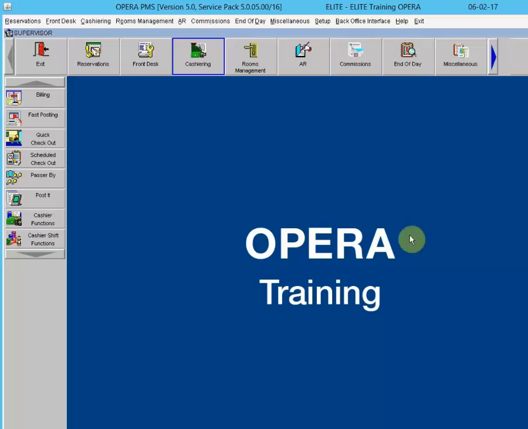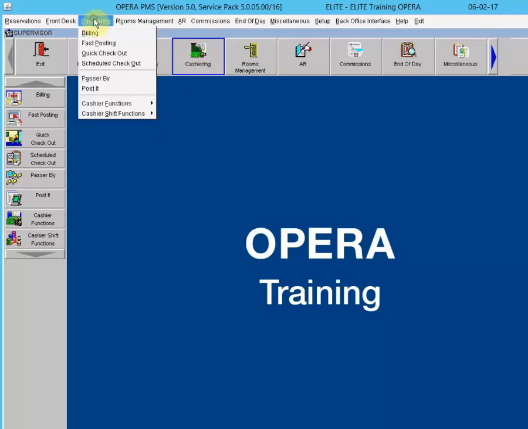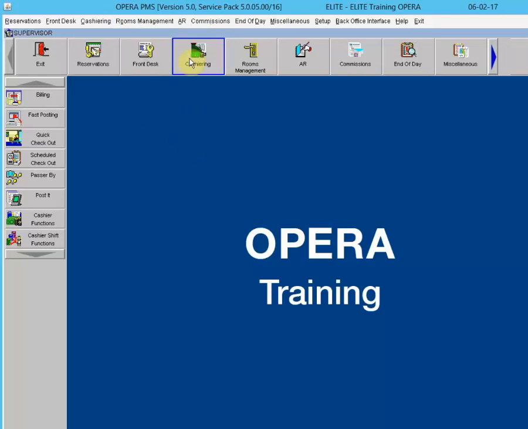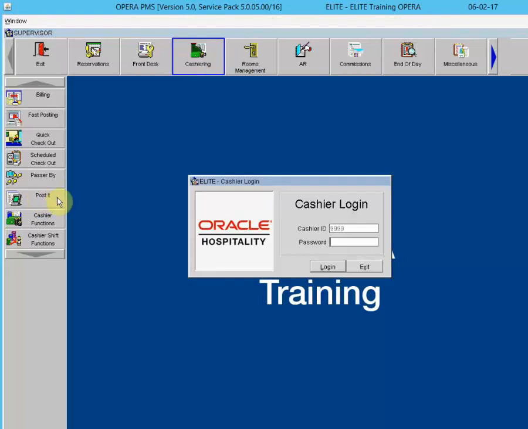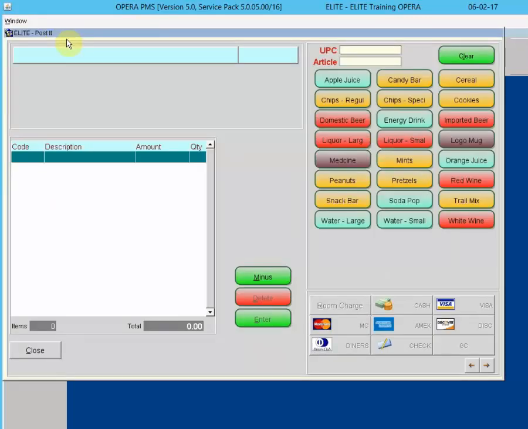So the last button under cashiering, and always remember, if you don't like to use the button here, you can use the word up the top here. Okay. So under cashiering, we have one called Post-it. Post-it, I think, is really cool because it reminds me of a little cash register. So if you have a hotel that has a snack bar behind the front desk, or they have a little grocery mart behind the front desk, and they sell like sodas and potato chips and